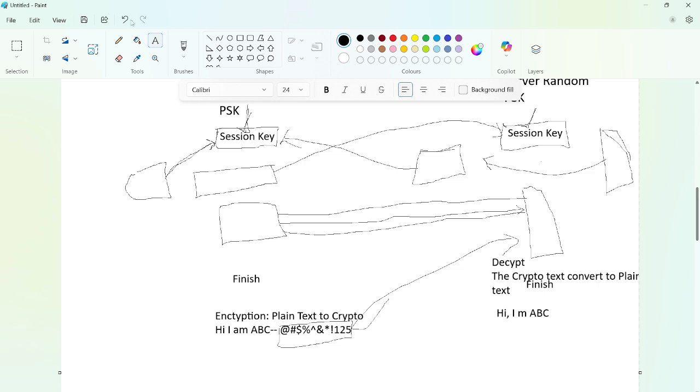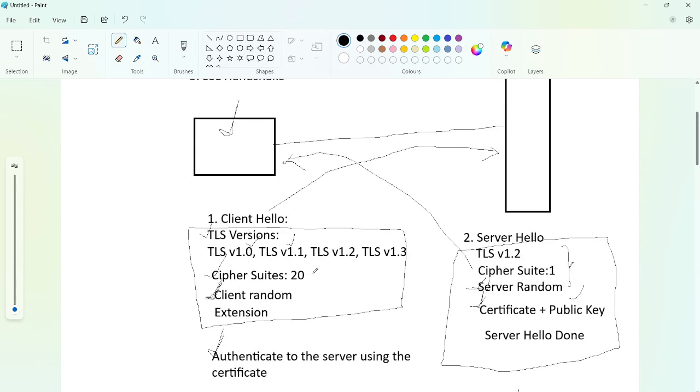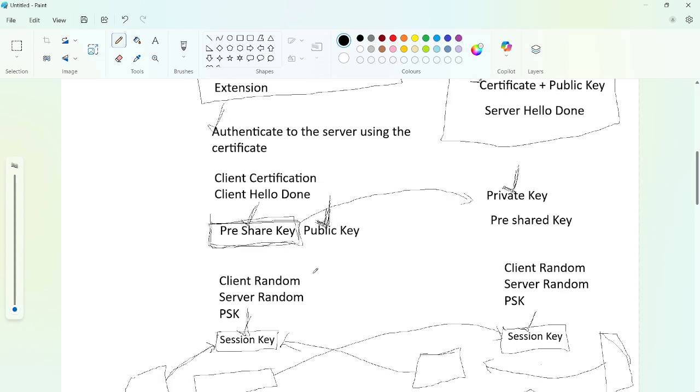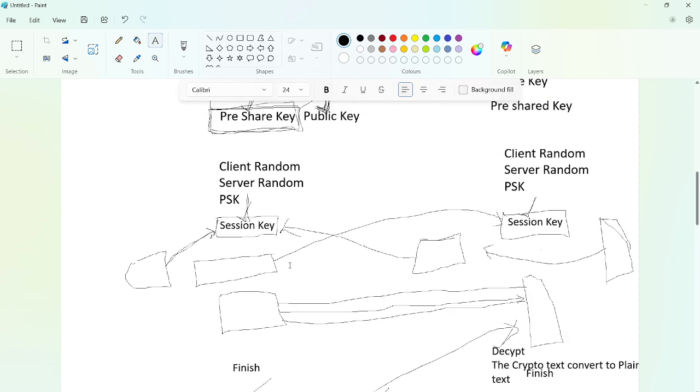One more question they are going to ask: what is encryption, what is decryption, what is the purpose of public key and private key, and the SSL handshake process. And one more important question: let's suppose I am giving you an SSL packet capture, and I want to know what type of traffic it is. If I am browsing www.facebook.com or www.instagram.com, I want to know which traffic it is. How we identify that, I will show you in the packet capture.